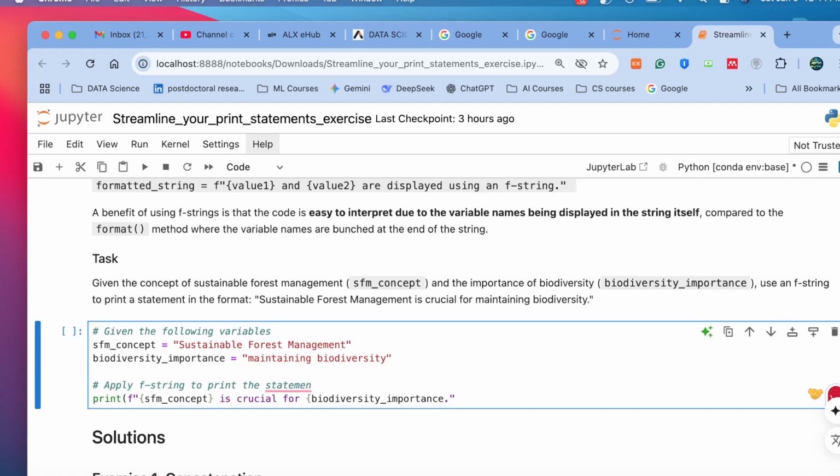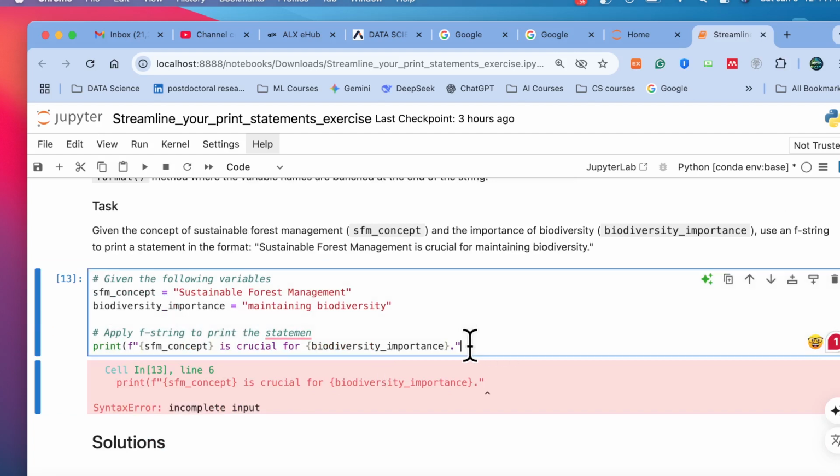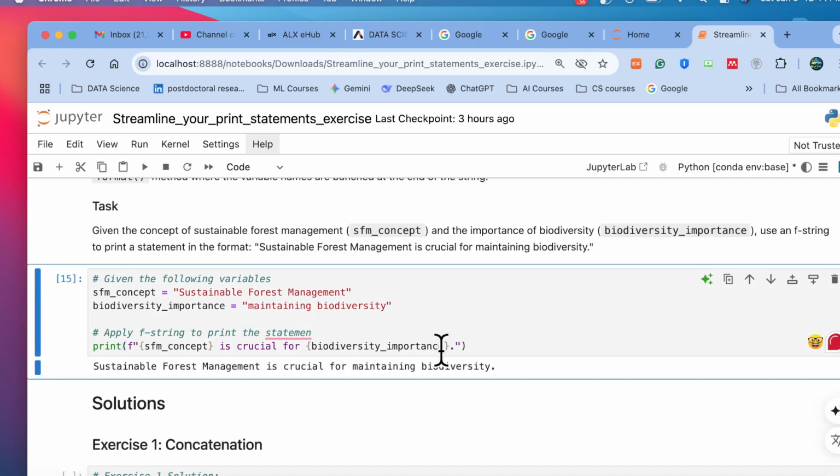Make it print "incomplete input." Yes, sustainable forest management is crucial for maintaining biodiversity. This is